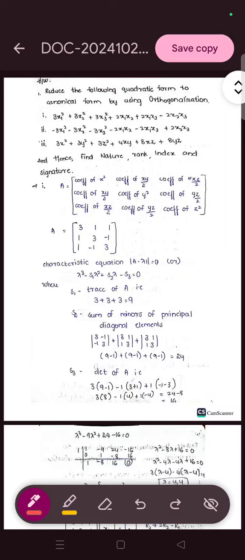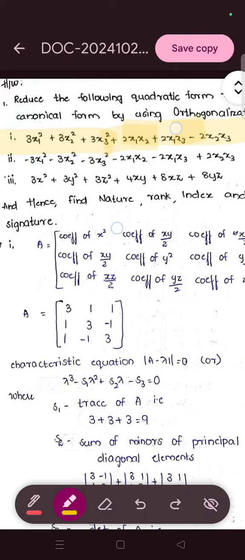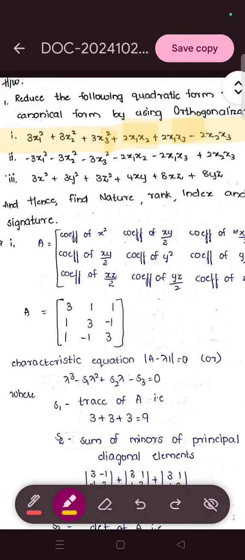So in the previous class we discussed how to reduce a quadratic form to canonical form by using orthogonalization or orthogonal transformation. So here are a few more examples of that. They are 3x1 squared plus 3x2 squared plus 3x3 squared plus 2x1x2 plus 2x1x3 minus 2x2x3. So this is the quadratic form. We need to reduce it into canonical form by